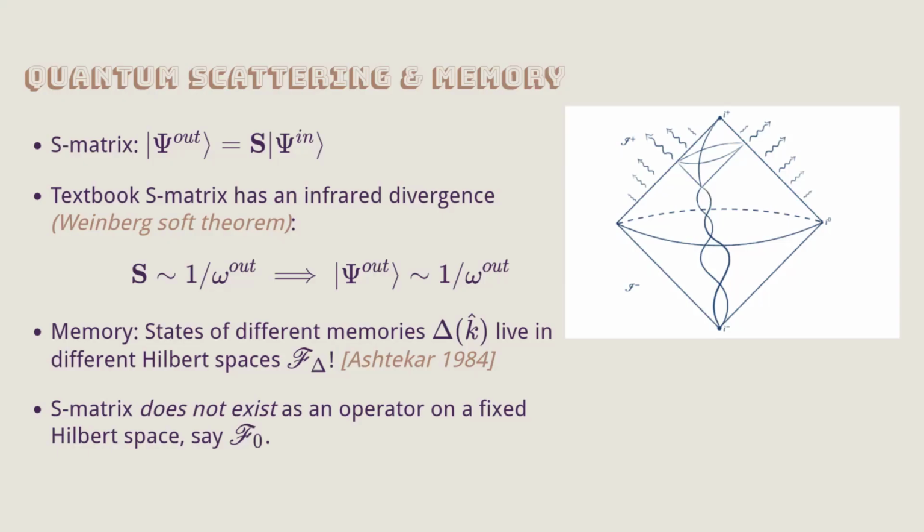But you have a perfectly well-defined what's called a Gaussian state. So all correlation functions are determined by two-point functions. And then you can act on that with creation and annihilation operators, which gives you a whole Fock space's worth, but living in a completely different place. So if I take a psi in, let's say, F0 and try to find the usual S matrix, that psi out lives in this F delta is the point.